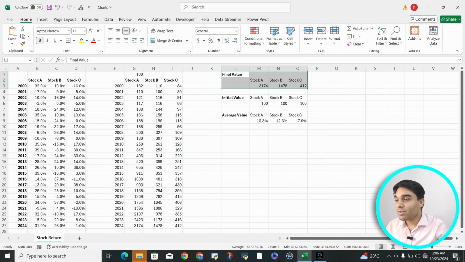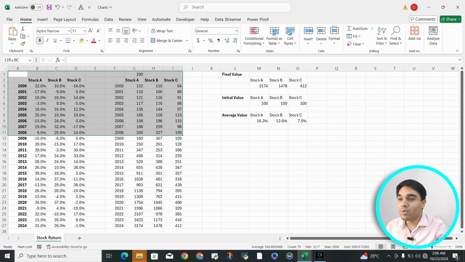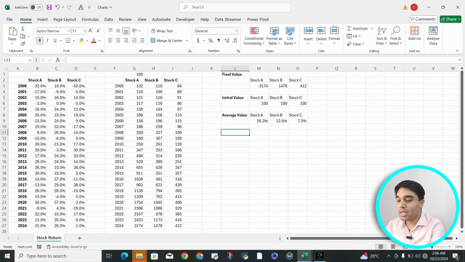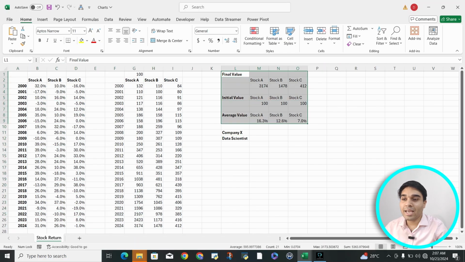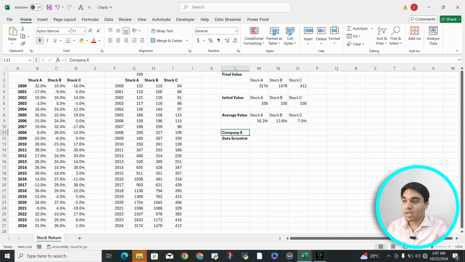If you can see my screen in front of you right now, I actually have to explain the entire case study first. So the objective is that you are working in a company X as a data scientist. Now you have been given all of this data, and you have been asked to create a deck for your manager so that he can represent it in the final portfolio account. The company you work for is a portfolio management service, and